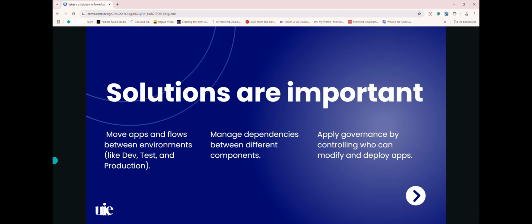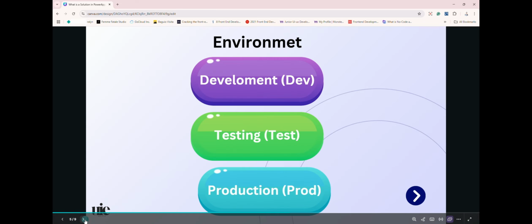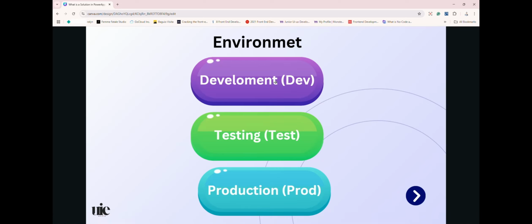Instead of manually transferring each component one by one, a solution allows you to package everything together and move it between environments like dev, where you build the app, test, where QA teams check for bugs, and